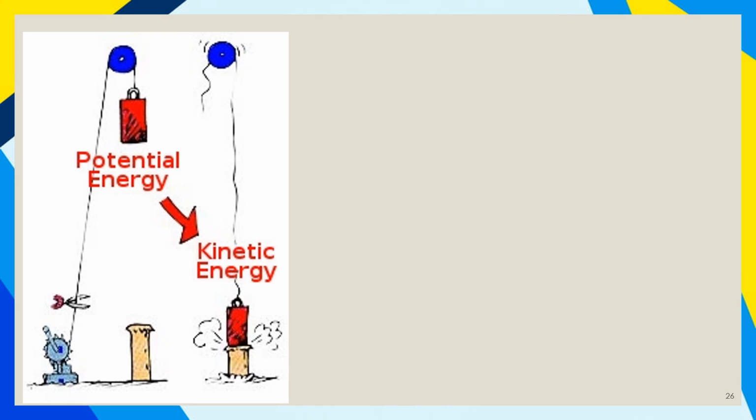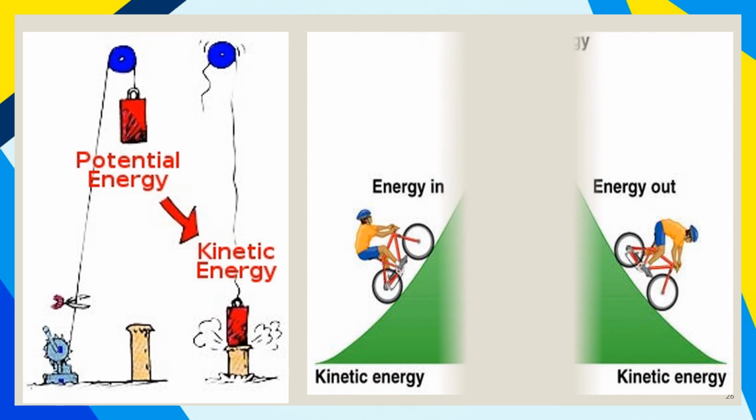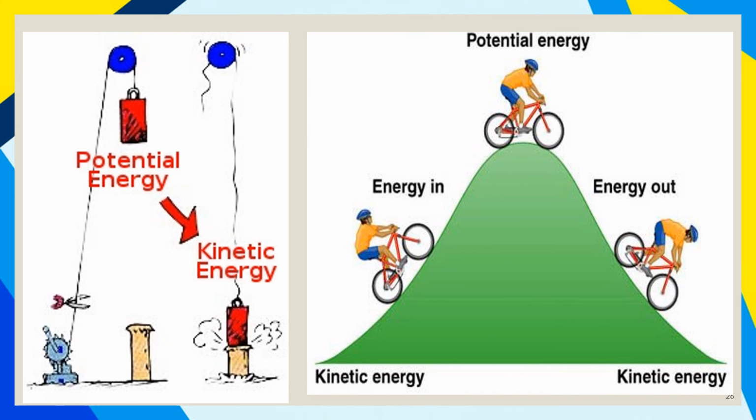Now when you let go of the rope, this weight that you had will fall onto the ground. This falling of the object is because of the kinetic energy. The potential energy converts into kinetic energy, and that is the reason the object falls freely. Here also, if you ride a bicycle onto a hilltop or onto a surface like this, you will notice that when you go onto the top, your cycle holds the position for a few seconds and then you move down. So this moving down is kinetic energy, and when you halt at the top, it is the potential energy.